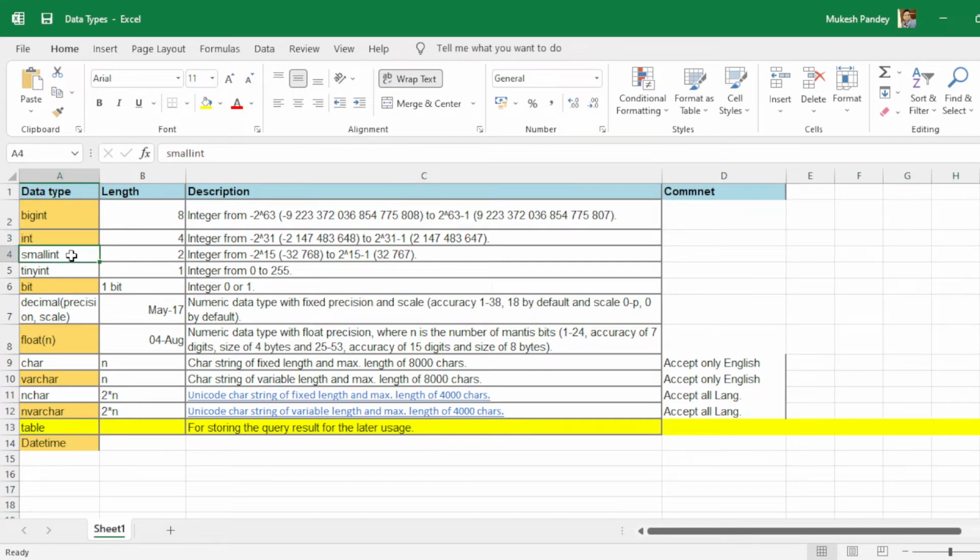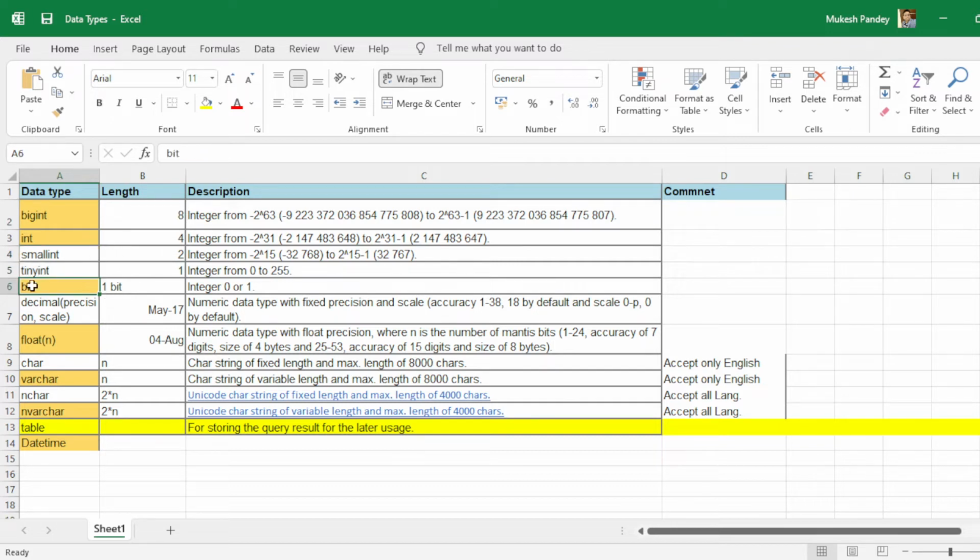And we have another, smallint, and we have tinyint, which basically store small integer values only. While using smallint or tinyint, you can use int or bigint instead. That is the reason these two data types are not highlighted.